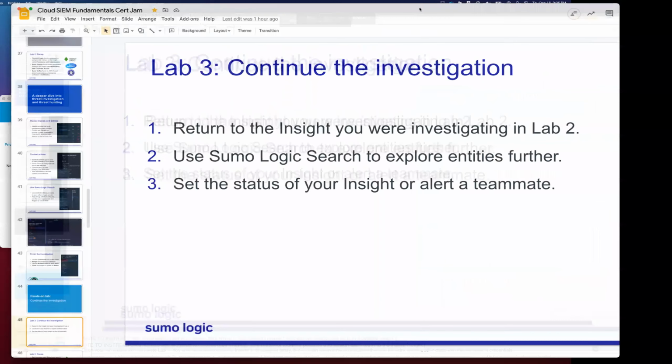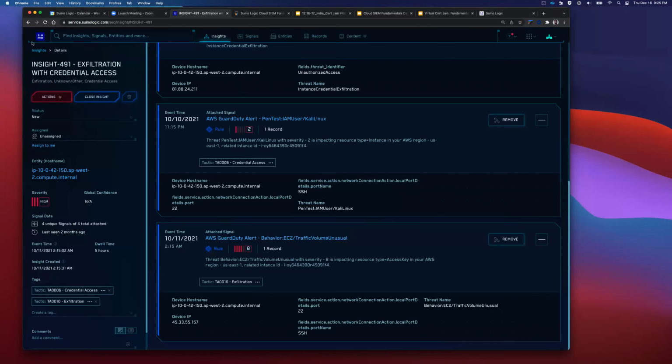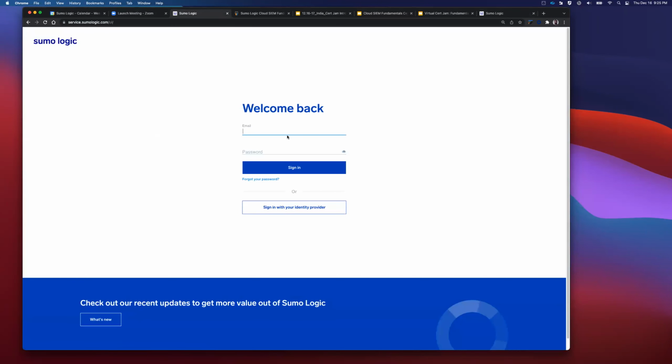Let's see, I may have gotten kicked out of Cloud SIEM. Yeah, so I may have to log back in with my Training Plus analyst again. Please do that. I'm going to put those credentials back into the chat for those of you that forgot them, which is fine. So once again, we're just logging in with those Training Plus analyst credentials if we got kicked out, which we probably all did. And I should have mentioned it.